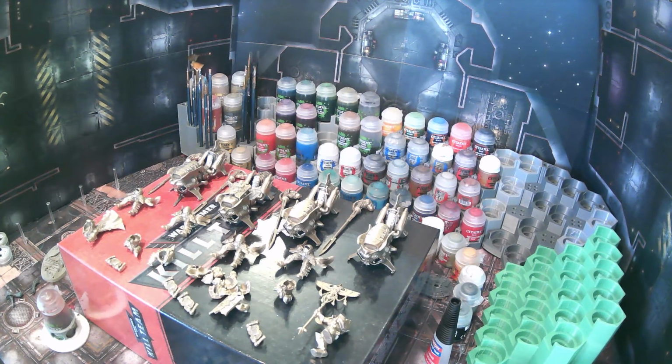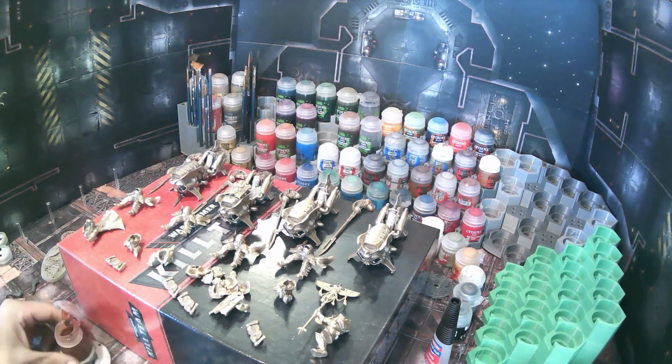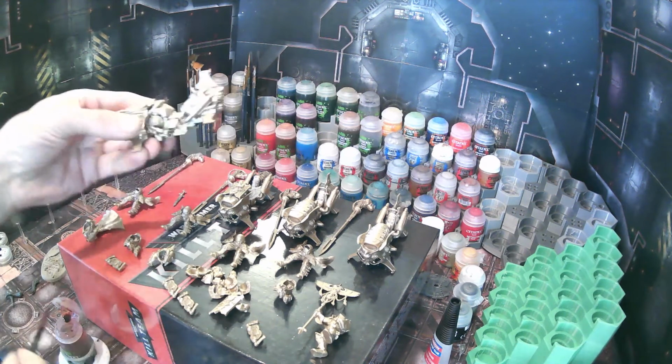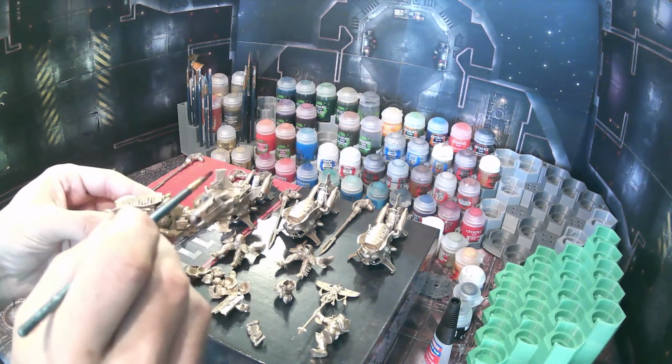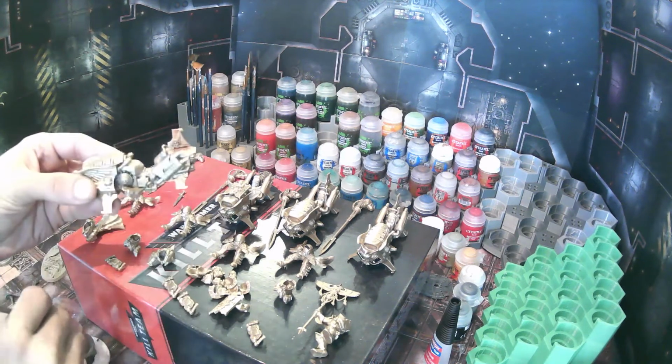Here we have started off with our gold Retributor armor color, and now we're going to come in with our Reikland Fleshade wash, and we're just going to go over all the surfaces, pretty much everything, just out of convenience, and then we're going to go back and do our silver next, etc. So all we're going to do is start with one of our jet bikes, take our Reikland Fleshade, pick a spot, and fully cover the entire thing with